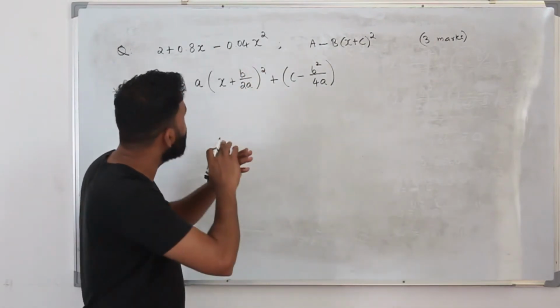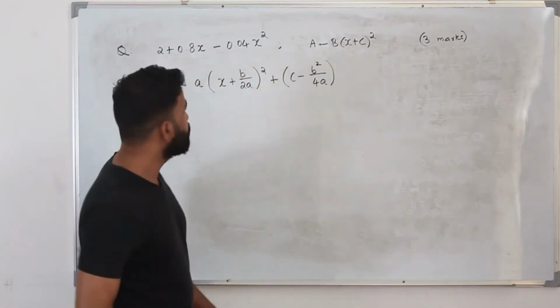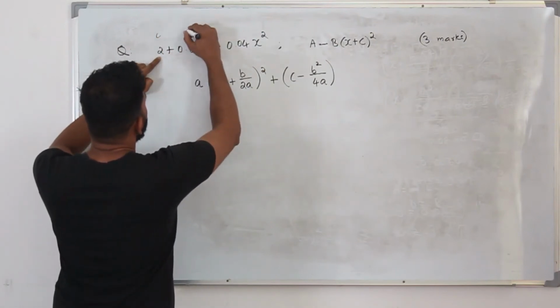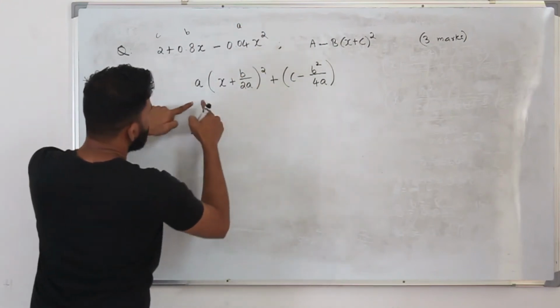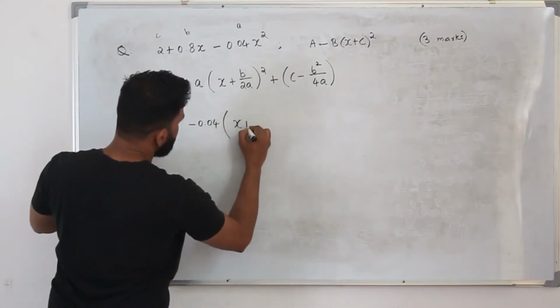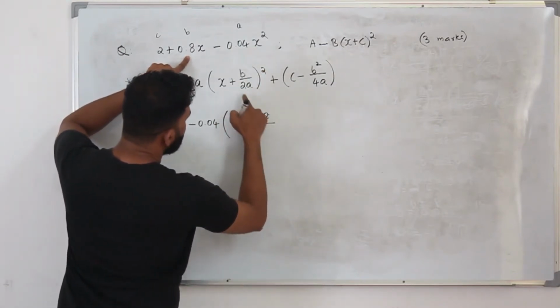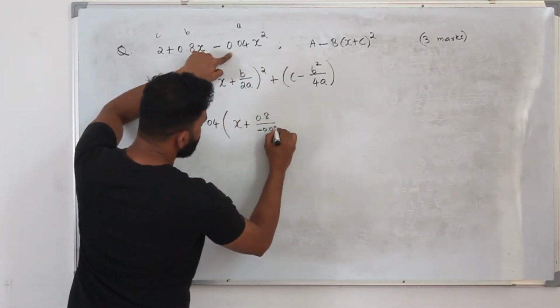You don't need to worry about anything. Just plug in the values of a, b and c. Our c is the constant term, 2. b is the coefficient of x, 0.8. a is minus 0.04. Substitute here: minus 0.04 into (x plus b, which is 0.8, divided by 2a, 2 times minus 0.04) so minus 0.08,